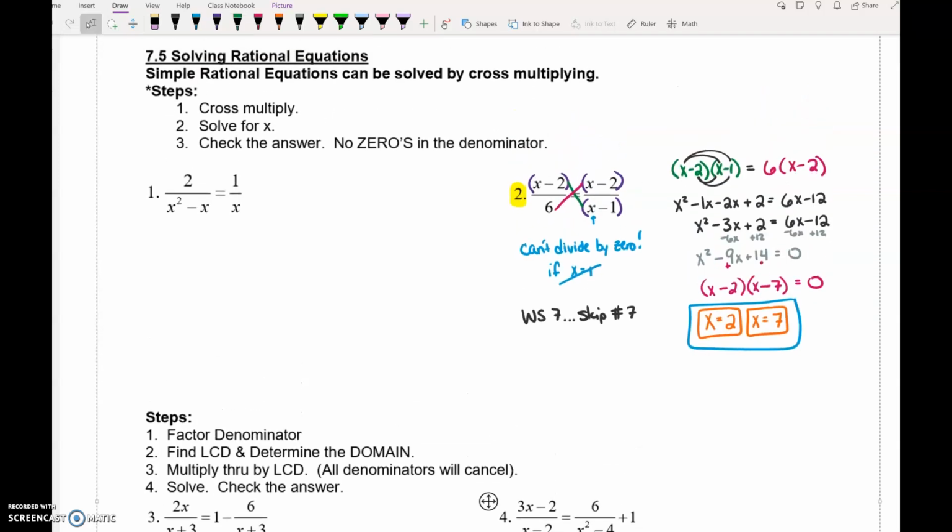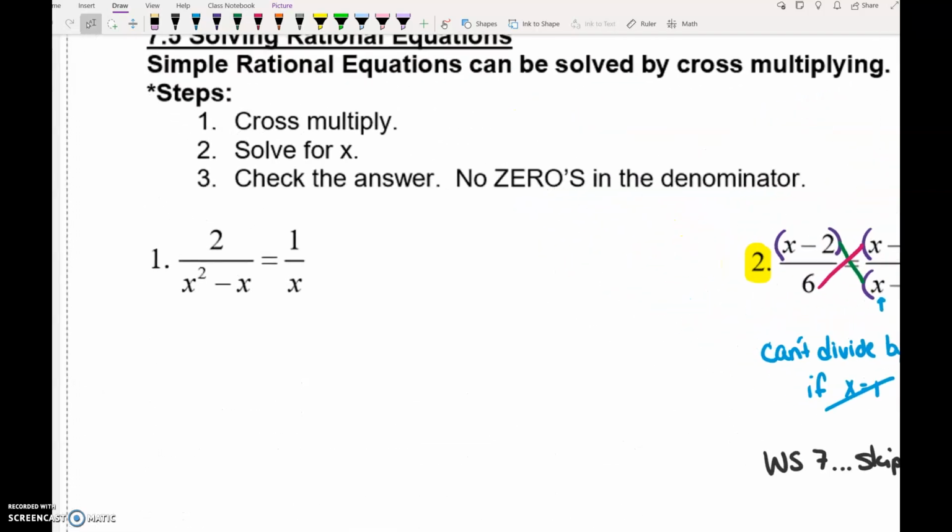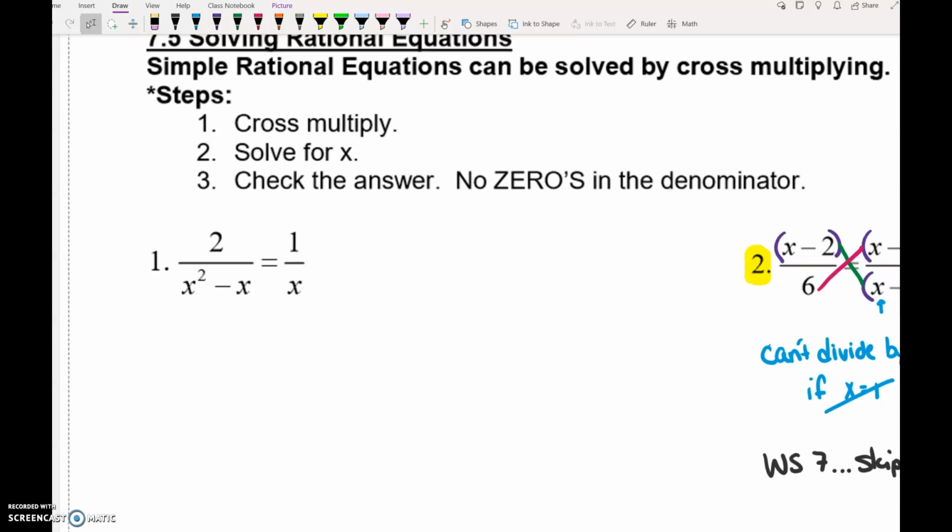The first thing we're going to do in section 7.5 is review cross multiply, because you will have to do that at least once on your assignment, maybe twice, and there will probably be at least one question on the test that involves cross multiply. So anytime that you have fraction equals fraction, that's when you're allowed to cross multiply. And before you cross multiply, it is a good idea to put parentheses around any numerator or denominator that contains addition or subtraction. When we cross multiply, we do top left times bottom right, so 2x